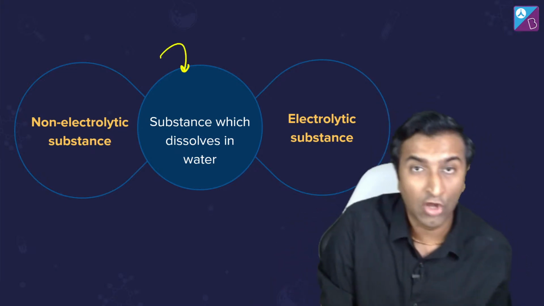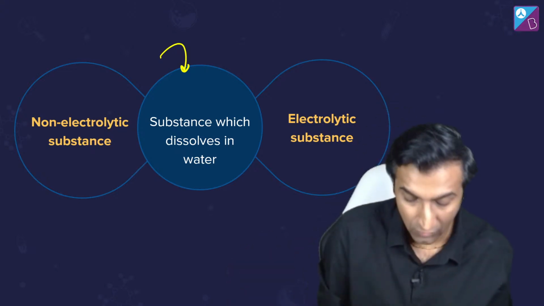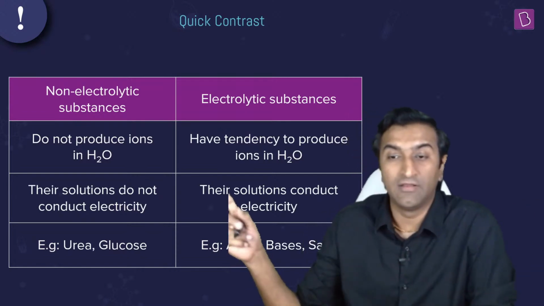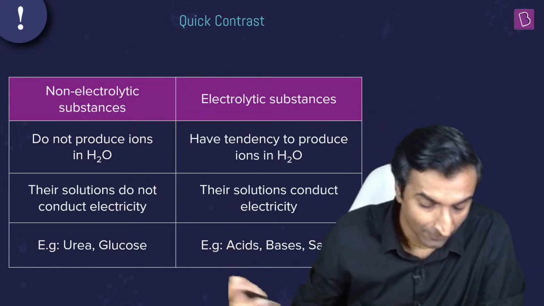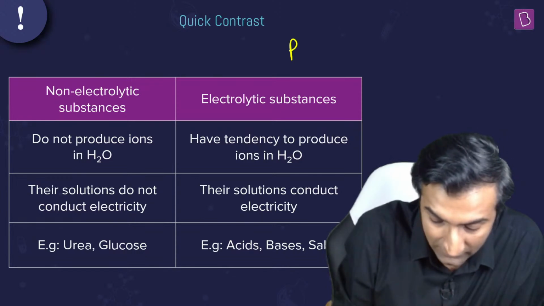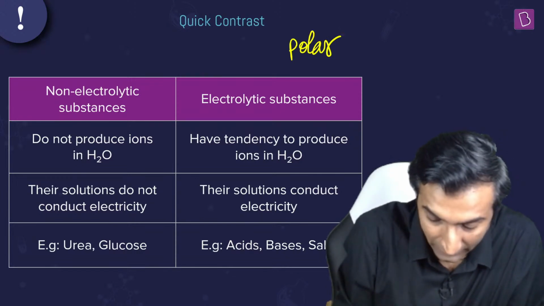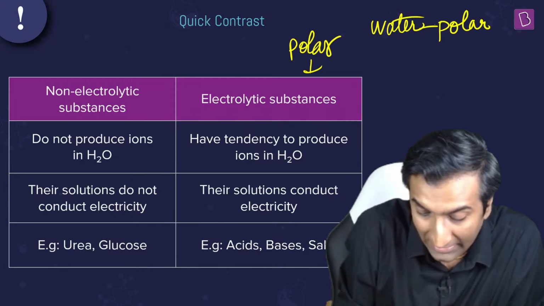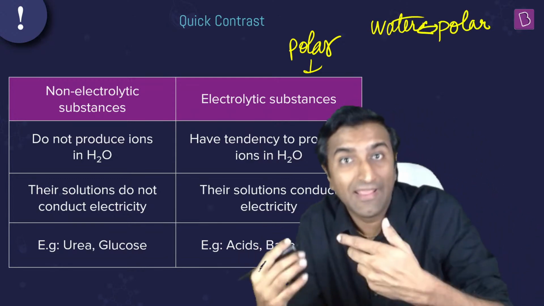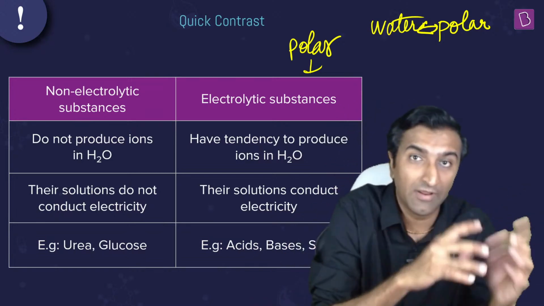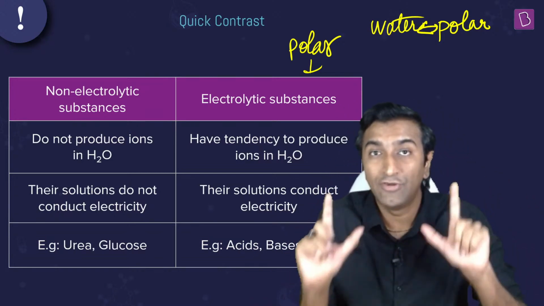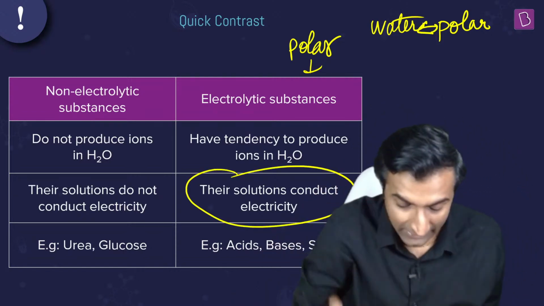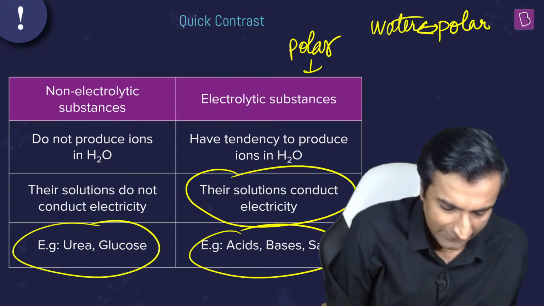What is something that's non-electrolyte and what is an electrolyte? How do you differentiate them both? Yeah, non-electrolyte matlab it will not form ions in water. Electrolytes will form ions. Okay, usually polar substances will be electrolytes. Okay, because water itself is polar. This is something you may have already learned in chemical bonding. Like dissolves like, so polar में polar dissolve होता है, non-polar में non-polar. Right now, our focus is mostly going to be on polar compounds. Okay. Their solutions conduct electricity, and example acid-base salts, and these guys urea, glucose, etc.